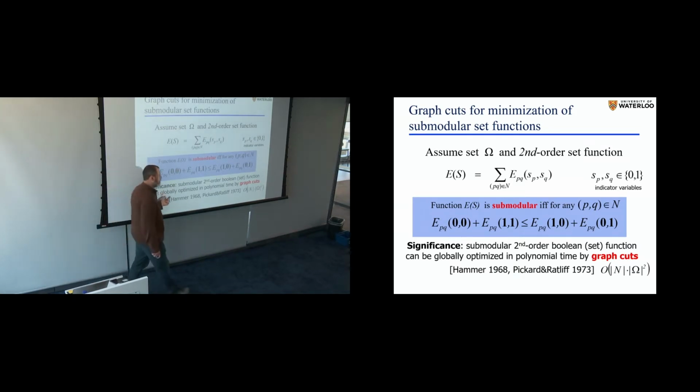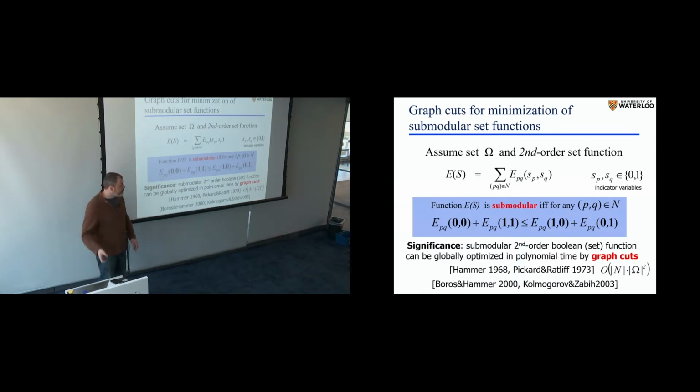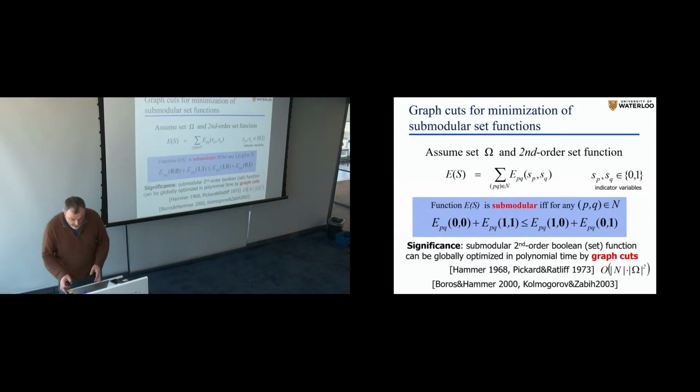But another practical aspect is that for pairwise submodular energies, the solvers are quadratic or low order, so you can use them with graph cuts, for example. So basically for pairwise submodular energies, it's really easy to optimize them, and this is good. Graph cuts come from here, and this is a well-known result from '68. It was popularized in the computer vision community primarily by this work, but in principle it's a well-known result from the '60s.